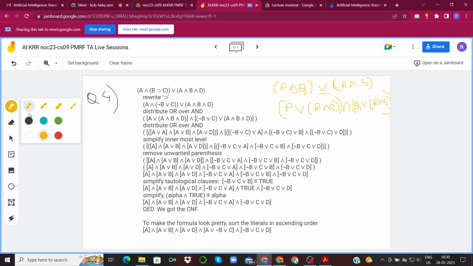Using this similar logic, what's happening over here is, see, you're doing this A or this whole thing, A and B and D. So this is what you are writing over here: A or A and B and D, and similarly this and this one comes over here, and then you have this part, not B or C, not B or C, or from this one, A and B and D. Okay, so is it clear until this step?